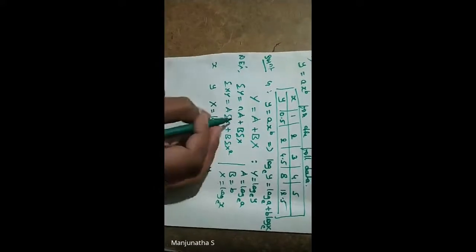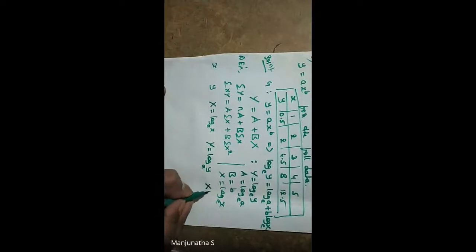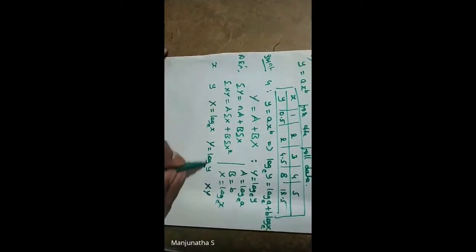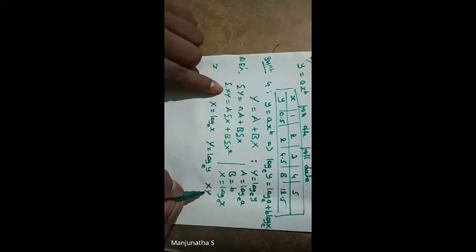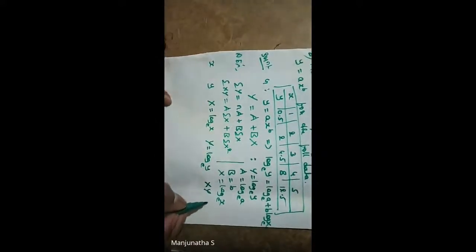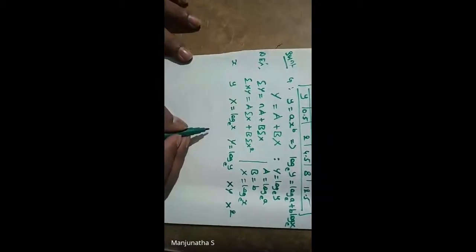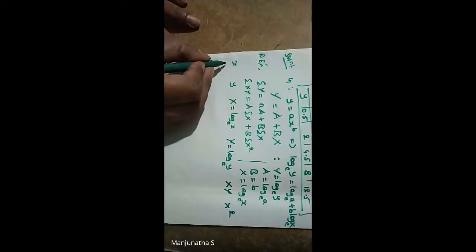Correct? Similarly, xy, capital X, capital Y. So, very important. This is small y, capital X, capital Y. This is also capital X, capital Y. And again, same thing, x square we need. So that I wrote here. Correct. So now we'll represent the data.